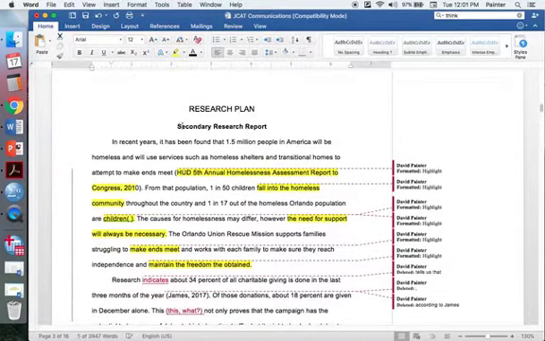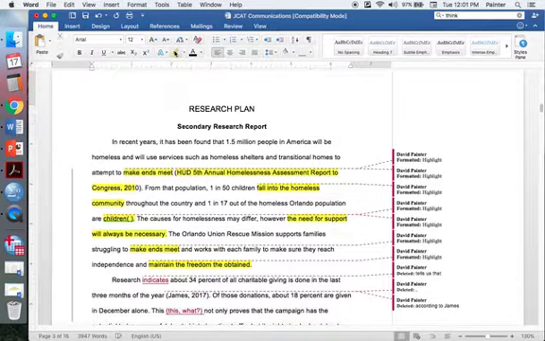Research plan begins with your secondary research report, where you describe the conditions. 1.5 million people in America will be homeless and will use services such as homeless shelters and get transitional homes. Make ends meet is a colloquial expression. It's a cliche. It's not appropriate here. Where's the source for this